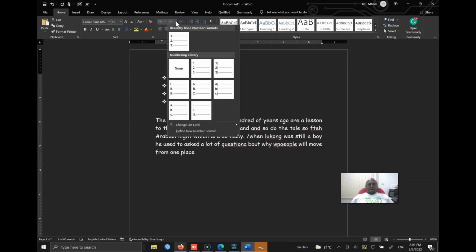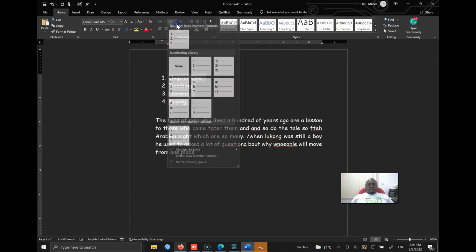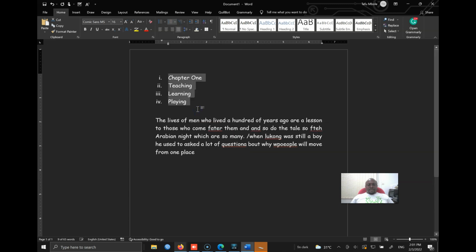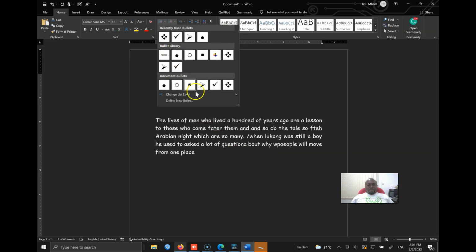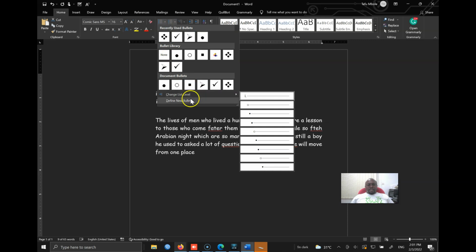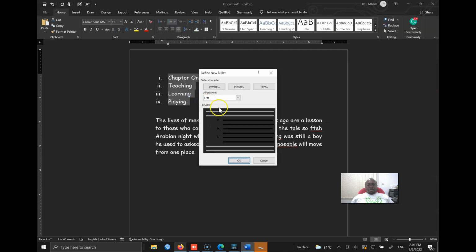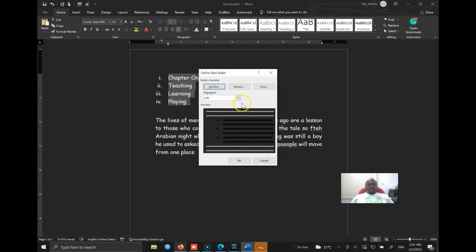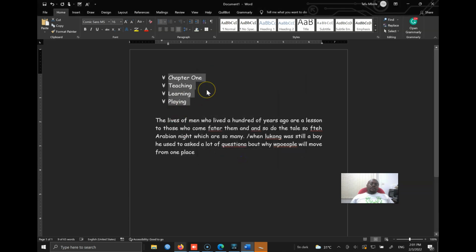Same with the numbering. You can choose 1, 2, 3. You can take ABC. You can take this one. You can also define a kind of bullet by yourself. Change the list. You define bullet. When you click on define bullet, you can select a symbol, and any symbol you select, you use as bullet. You can use something like this. You would have seen people use symbols like this for bullets. So I believe that we have done almost everything on this menu, and the last thing we are